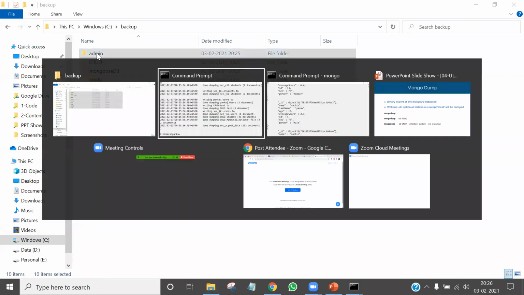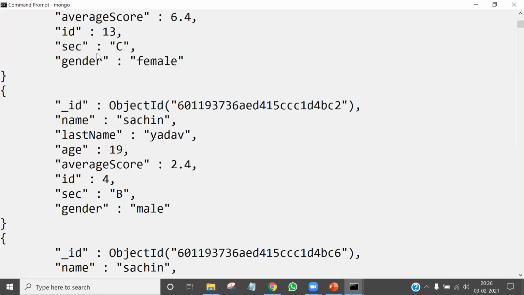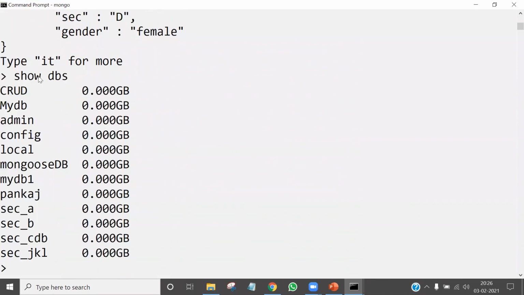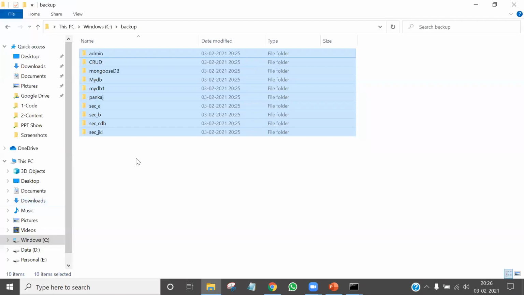Let's see. I'll go to the Mongo shell and type show dbs. I think all the databases, that is CRUD, MyDB, admin, config, and my Mongo DB, all the databases have been backed up. But there could be a situation where you want to back up only a particular database.